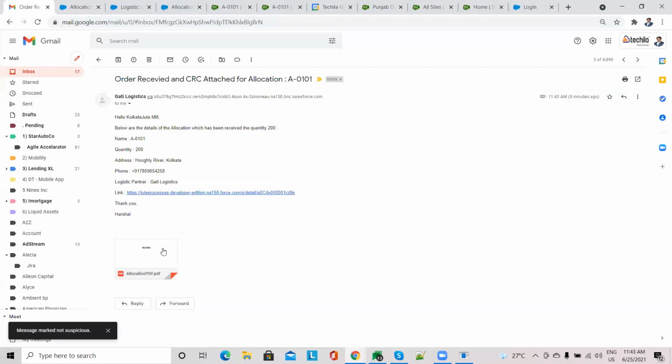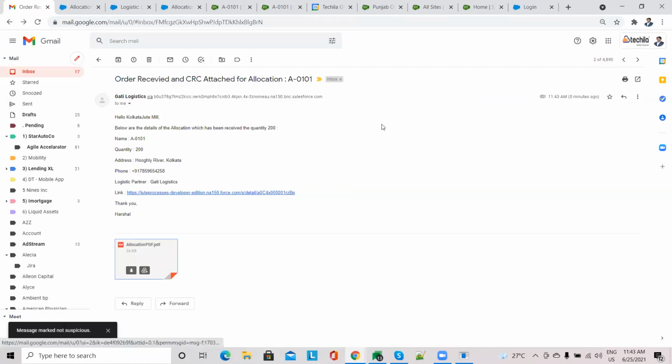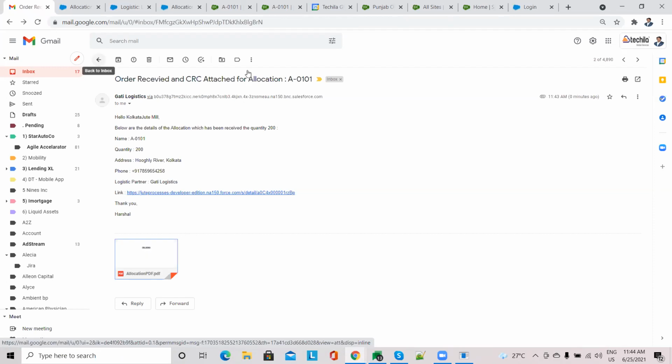This is an attachment which we have added, this CRC, as a demo attachment, as the CRC has to be sent to the commissioner officer as well as to the mail, right? At this moment we have just added a dummy attachment, which goes to either the Kolkata mail or the Punjab mail.